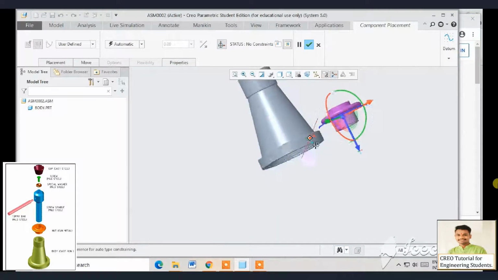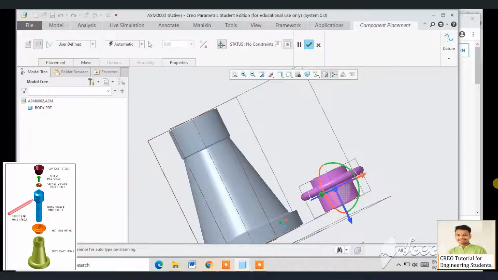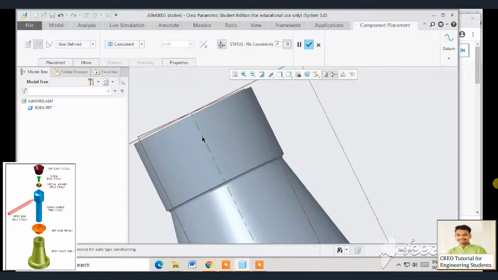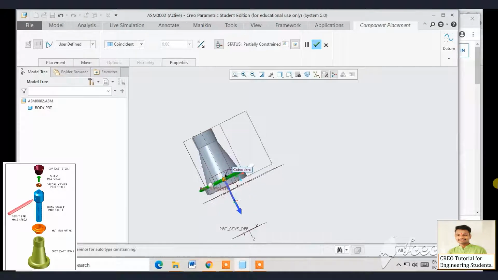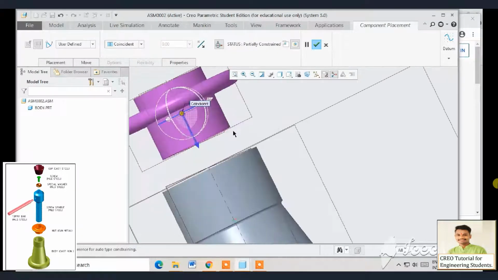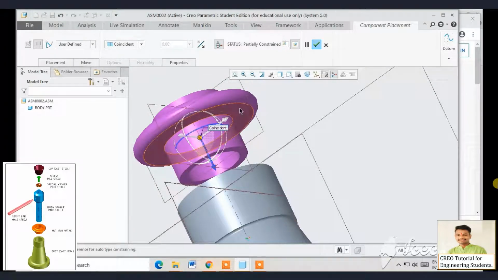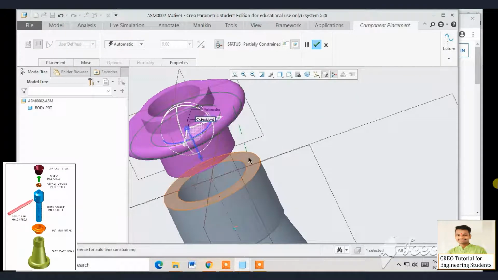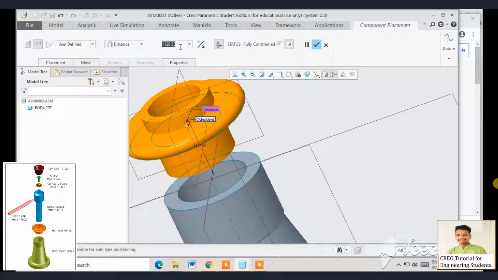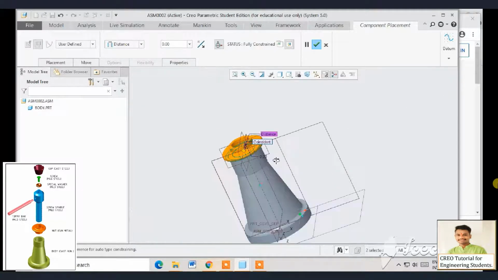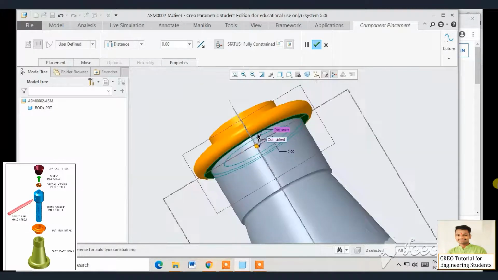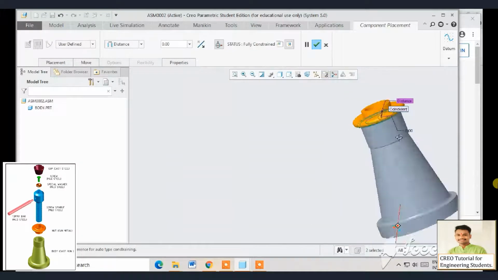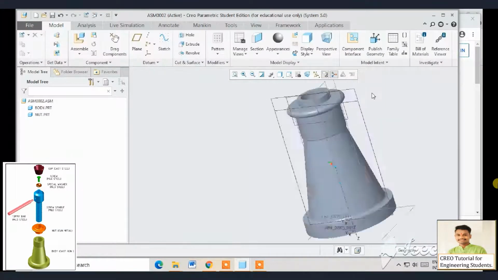Now we are going to make constraint. For this, select the coincident. Now select the axis of the both components. That means these both are the coincident. Now select the resting faces, select this bottom face and the top face of the screw body, and the distance between these two parts should be 0 mm. That means they are in touch with each other. In this way we have assembled these two parts and our constraint is full.